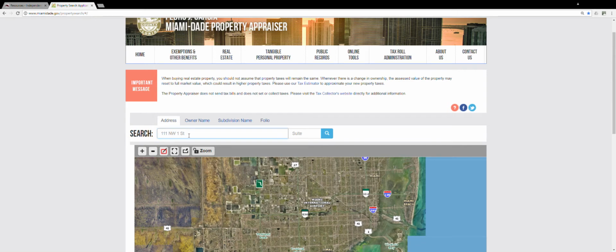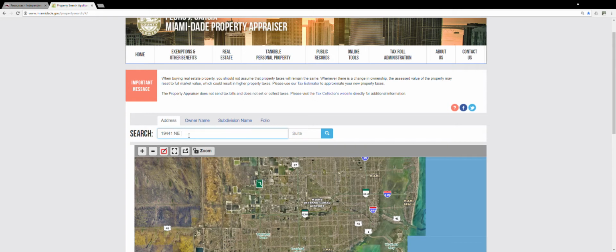If you're not familiar with this page, you really should be. If you're doing Miami-Dade properties, buying or selling them, it's a great resource tool. And I'll go ahead and do another video on the property appraisers pages for the Tri-County area in South Florida. But we're going to go ahead and use this piece of property, which my property address is